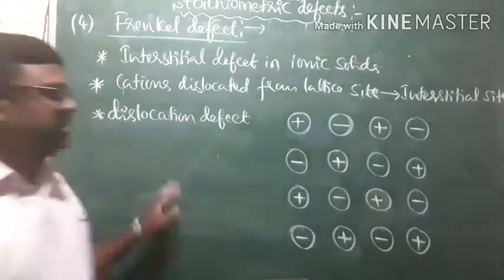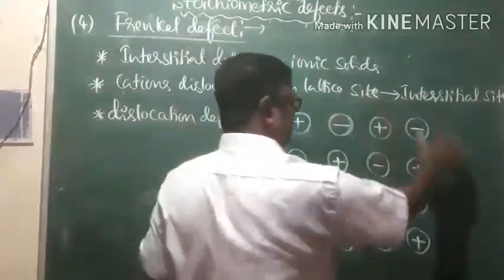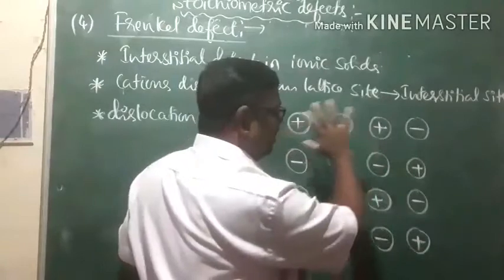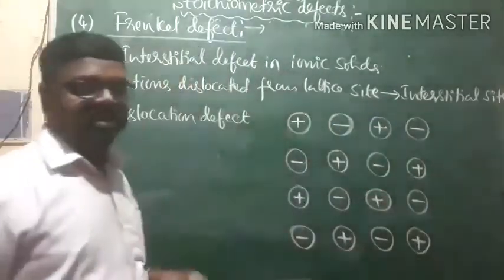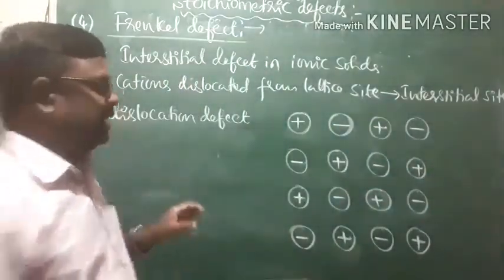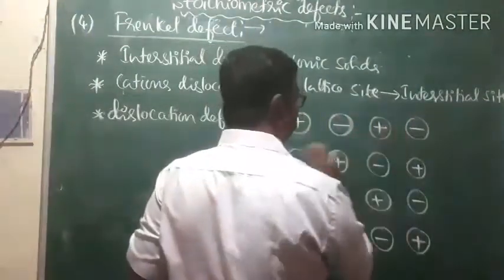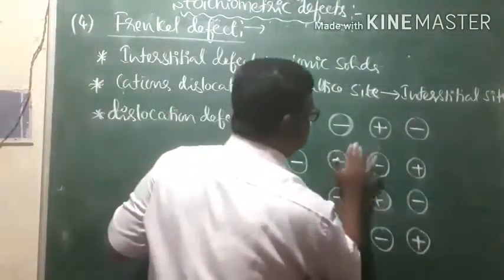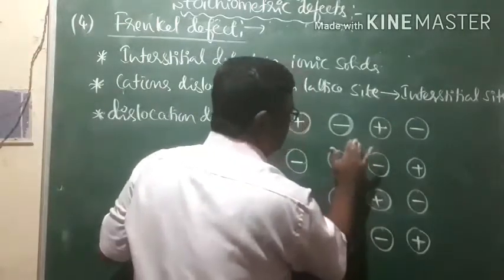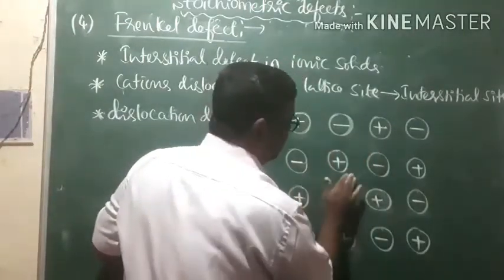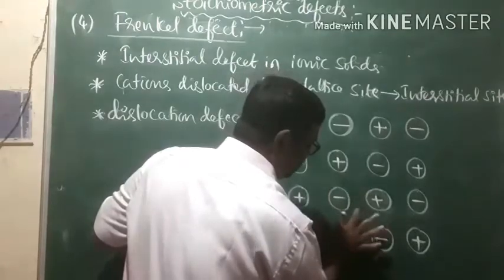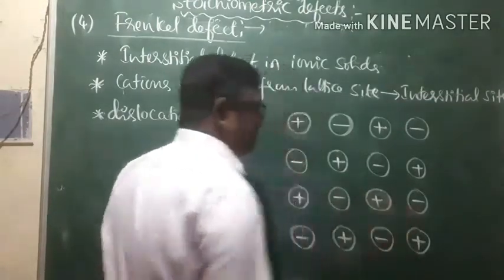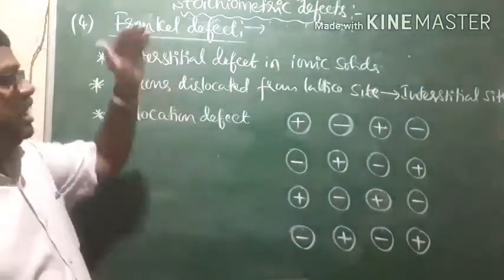Please observe, it is one orderly arrangement of the constituent particles in an ionic solid. These are the locations occupied by the particles and they are called lattice sites. Look at this interstitial site. This is vacant space, covered by a certain number of particles. That is called an interstitial site.